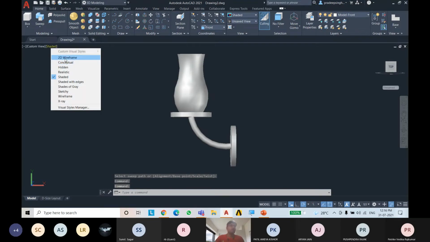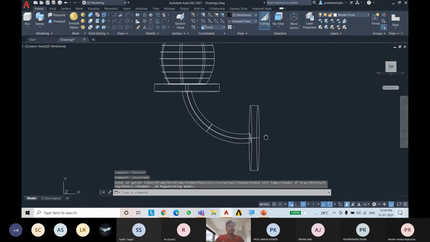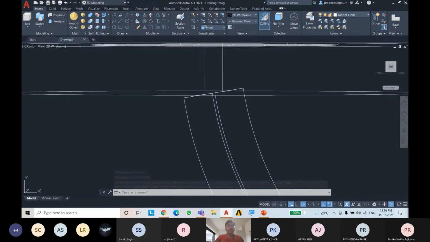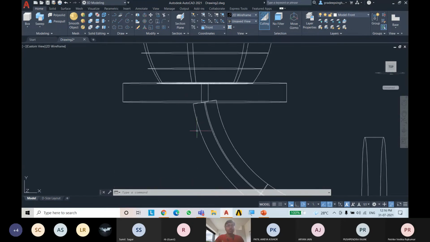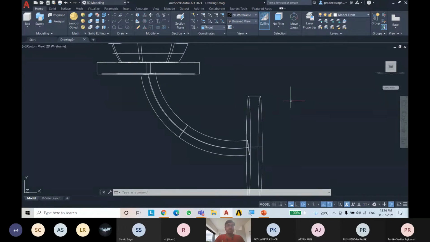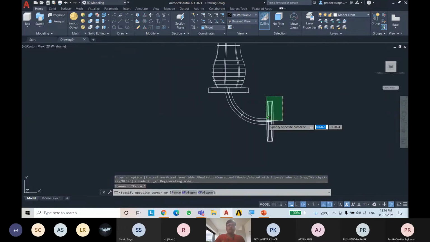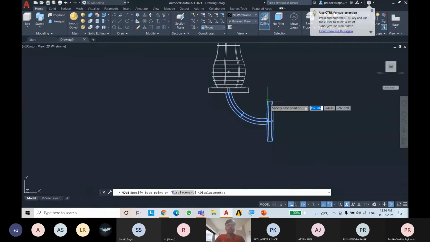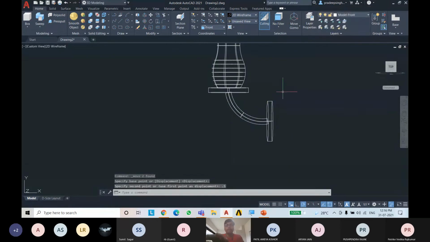Now, if you see in wireframe, there is some gap between the objects. So we need to fill that gap. Just select both objects, go to move and specify the base object, and move it some distance, like 0.5.